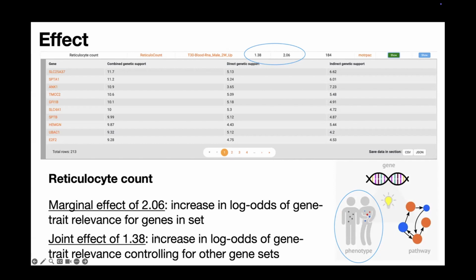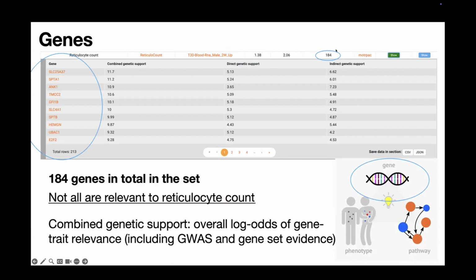So this is not only strongly associated with reticulocyte count, but even after controlling for all the other gene sets, it's quite high. There's 184 genes in that set. And one thing that's really critical here is not all of these 184 are relevant to the trait, right? There's only a subset. All this tells you is that this gene set is over-enriched for genes associated with this trait. So if you want to know the specific driver, quote unquote, genes, you expand this table, and that's where